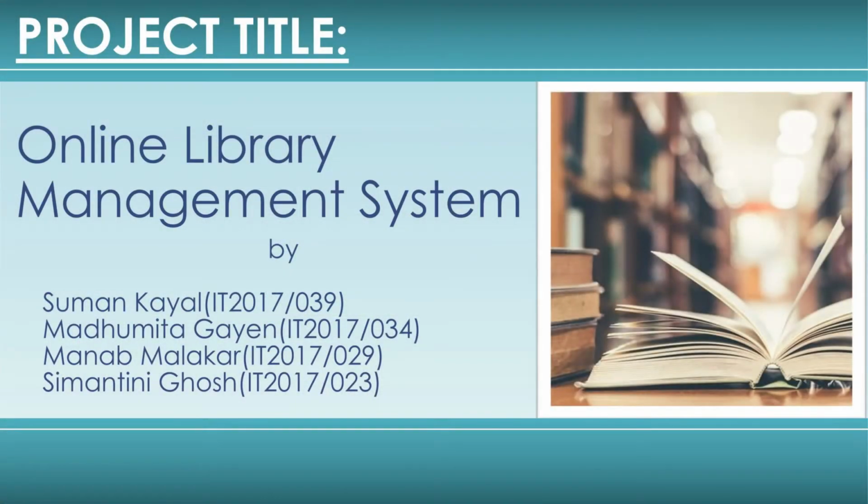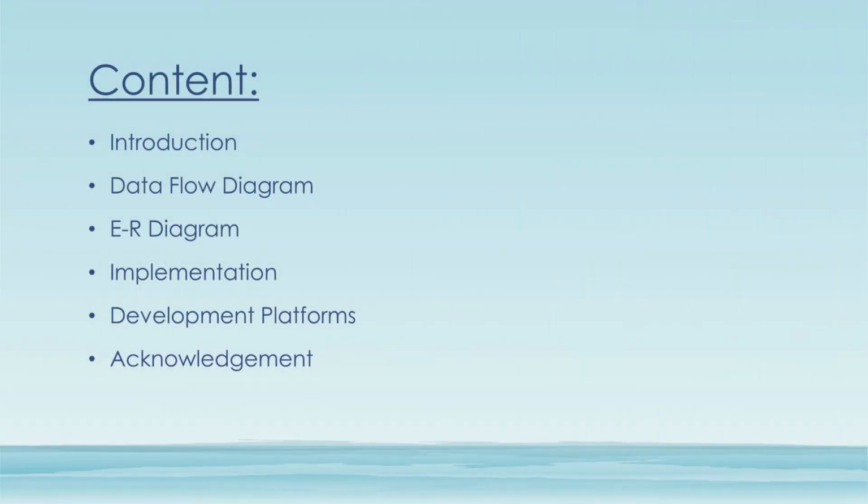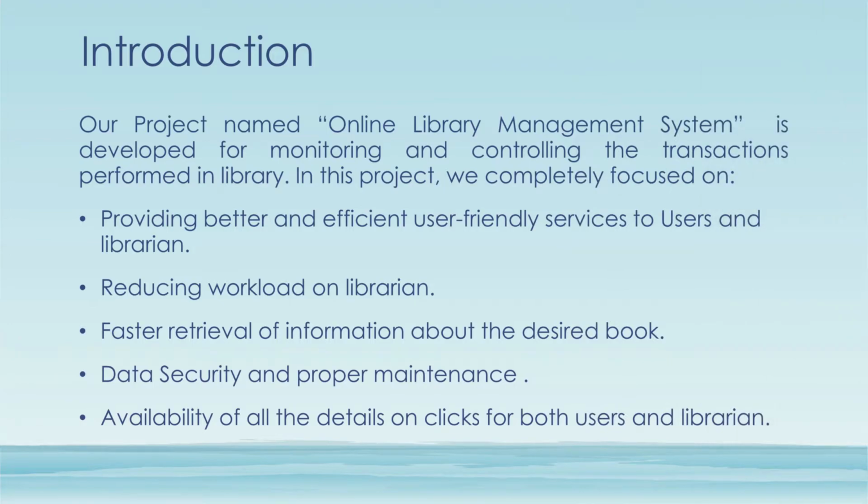We are here to present our project on online library management system. Here we are going to explain the design of our project, data flow diagrams of level 0, level 1 and level 2, entity relationship diagram, and lastly the final implementation and special features that we added in the development of our system. So, a library management system is a software that helps to keep a record of all the books